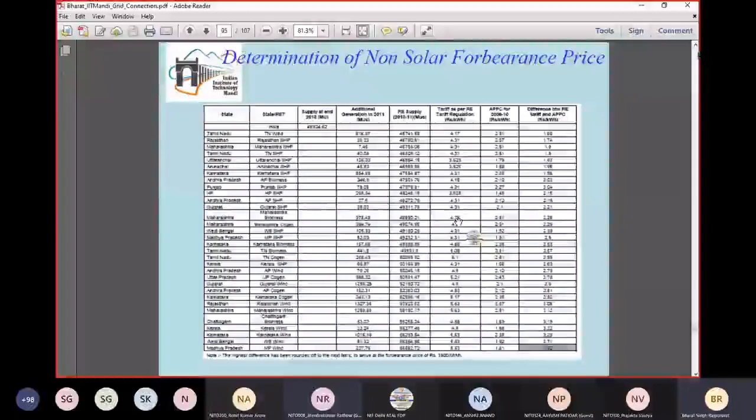Yeah, okay, thank you. Then my comment on your question would be something like this: we understand that every state is going to have difficulty in buying power from cheaper sources. In my sense, if we are going for a truly decentralized or deregulated market, then such a situation will always arise, where cheaper sources get more preference as compared to costlier sources. This is what a market is.